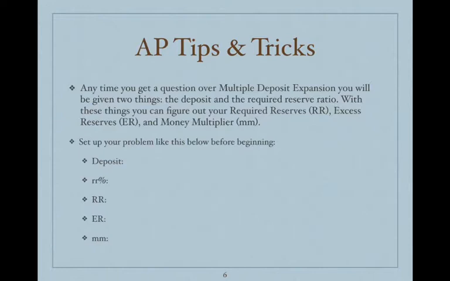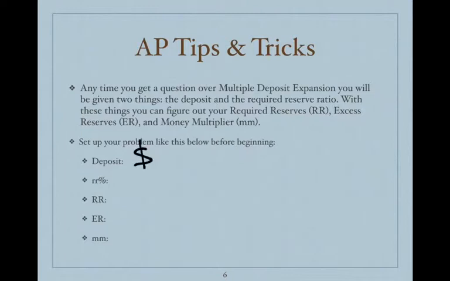Now, if we know those 2 things, if we know how much somebody puts inside the bank, and if we know how much they're required to keep, what percentage of all deposits they have to keep, well, from there we can figure out things like the required reserves, the excess reserves, and we can figure out our money multiplier. So, for example, let's say that we have a deposit, and let's say we're going to put in